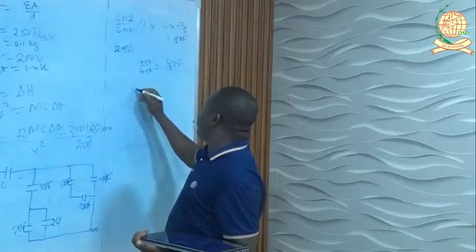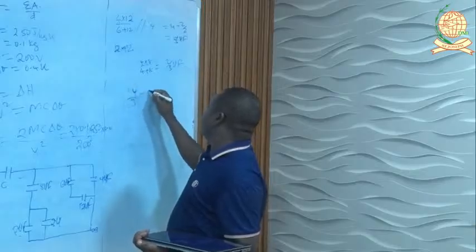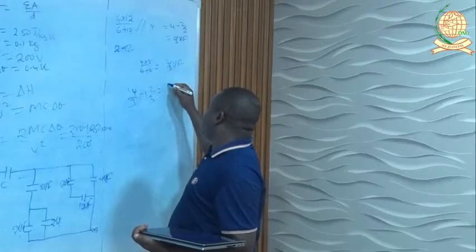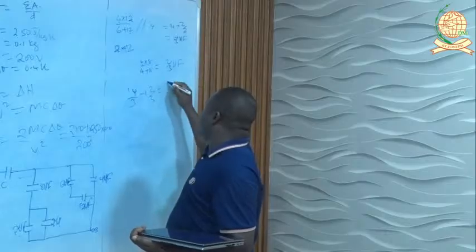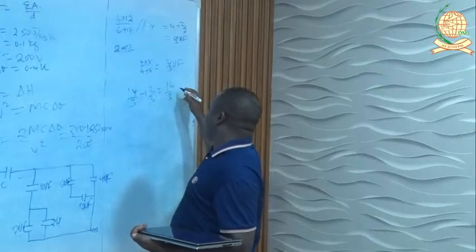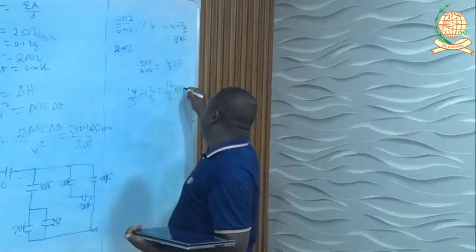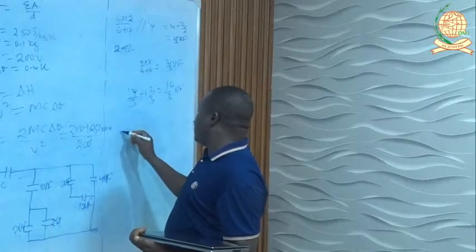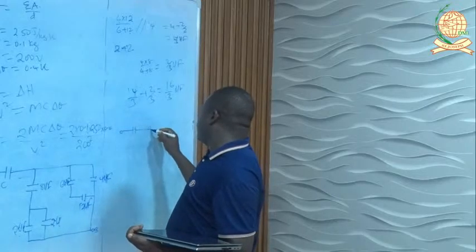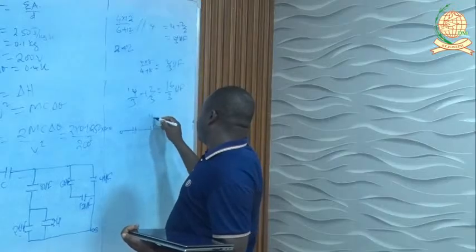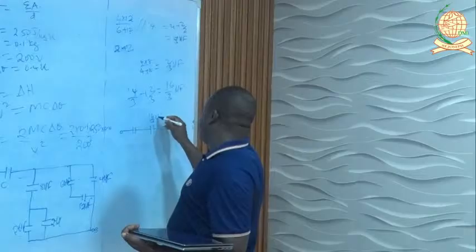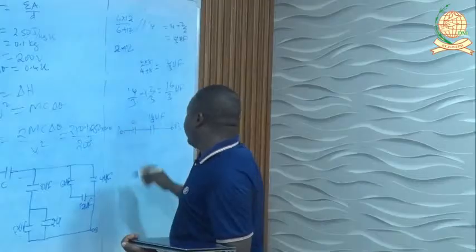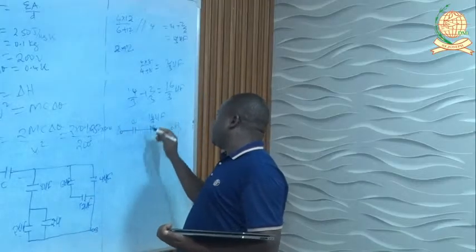Total will be 14/3 plus 2/3, which is equal to 16/3 microfarad. So we have reduced now our circuit to 16/3 microfarad and C. So this is B, this is A. So they are already in C. This time this one it is